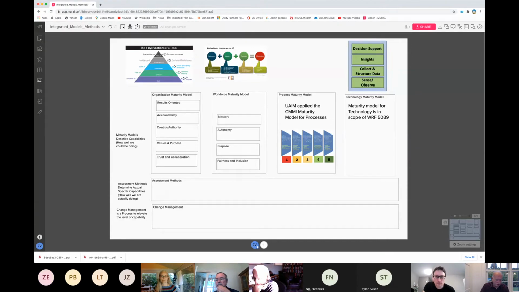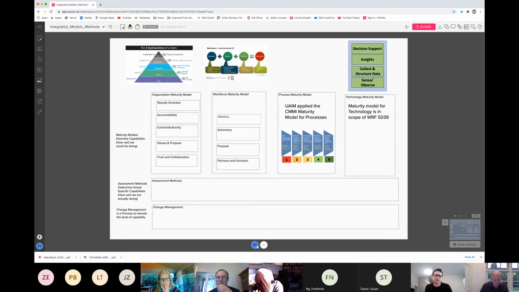Mert has his hand up. Okay, go ahead, Mert. Thank you, Scott. Thanks, Cello. So I had a quick follow-up from what you said earlier about what we will do in our workshop. Just to recap, for my own understanding, I'm sure others got it already. During the workshop, we are going to apply these models to our respective utilities and experiences, and then see if they apply in a utility environment, see what works, what doesn't work. Or is it something else? Are we going to actually be producing something different at the end?